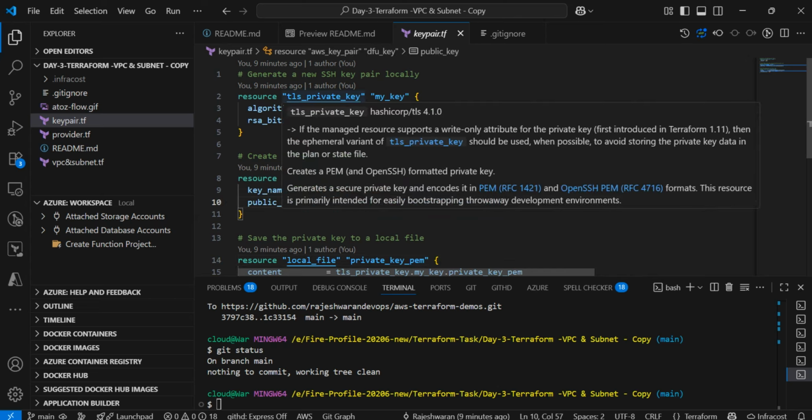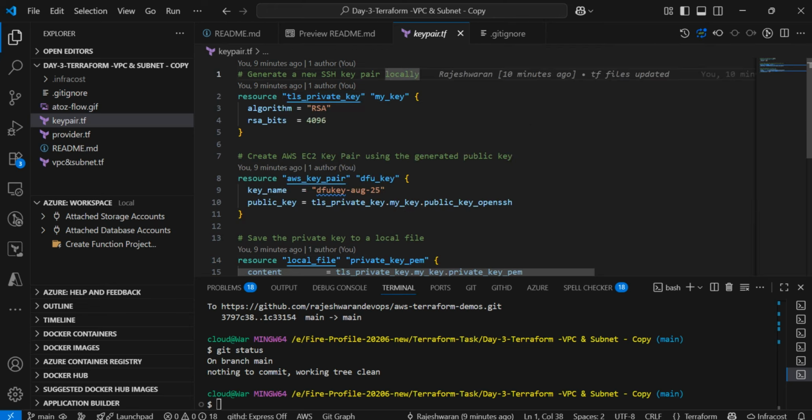So while creating this TLS private key, there will be 2 keys getting created. One is the private, another one is the public key. So using this TLS private key, we are slicing the public key from this RSA file, and we are going to create that in our AWS